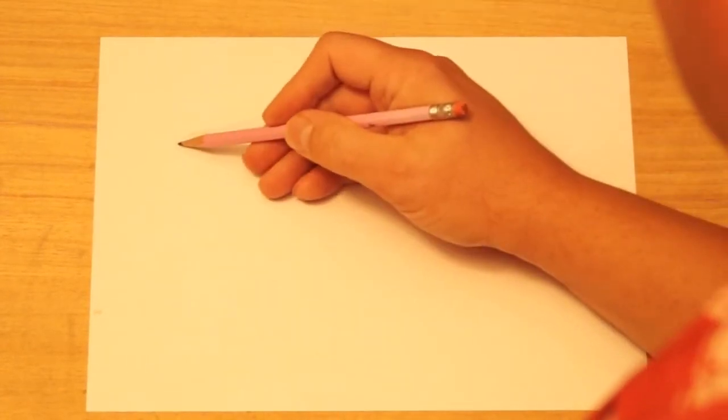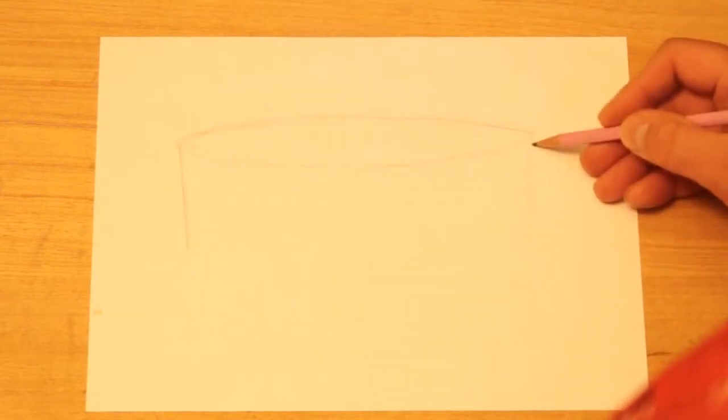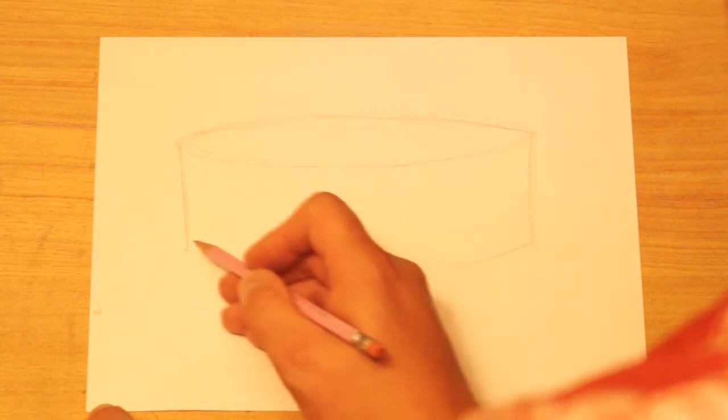Then we'll put two sides down. Well, actually we're making like a cylinder. So put two sides down for the sides of the pool. And then we make a curve across the bottom. Now this is a very simple pool, not a lot of details to it, so I'm going to go ahead